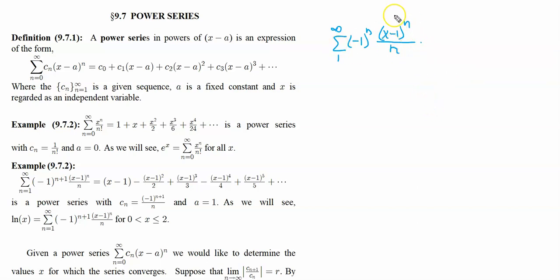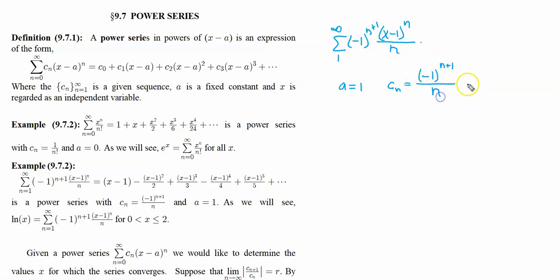Okay, that's another example of a power series. In this case, the a is equal to 1. That's the point about which you are expanding your power series. And the c_n's, those are the (-1)^n. This should be an n plus 1 right there. Sorry, right there, that's an n plus 1. See, down here we have an n plus 1 in the exponent. The c_n's then are (-1)^(n+1)